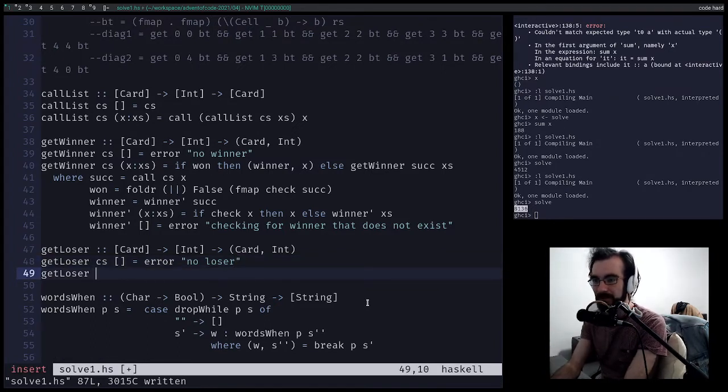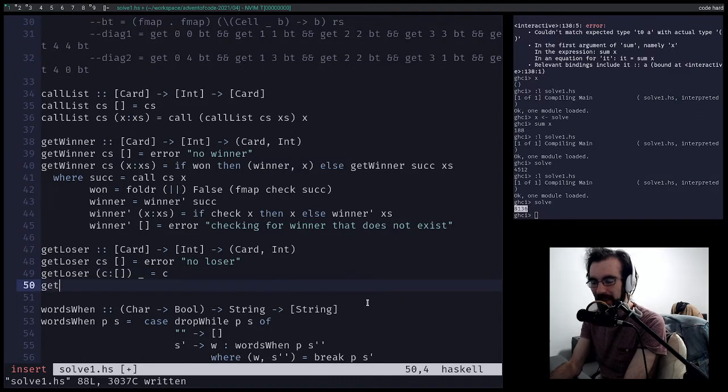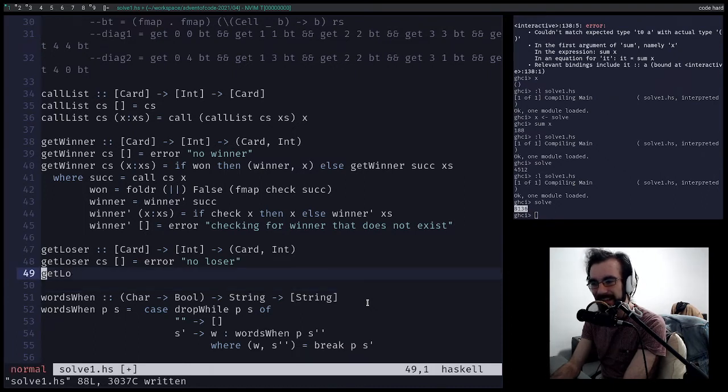Get loser. Okay, so if we have one card followed by nothing, then we always give back that card, right? That card has lost. That is the last card standing, but we can't do it here. We can't actually check that recursively because we need to know the last number called as well. Okay, so